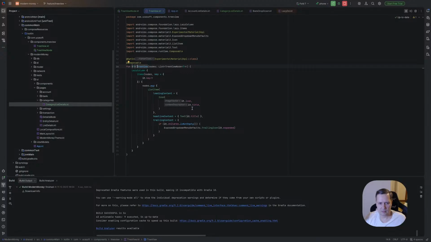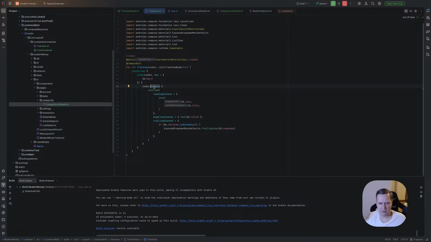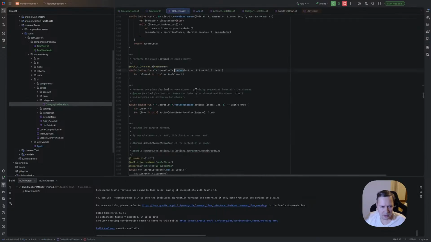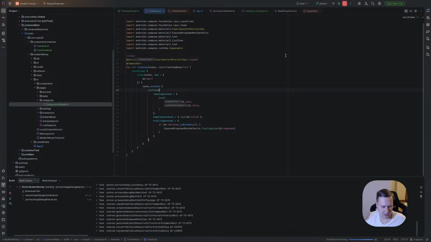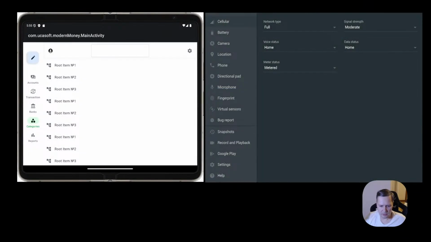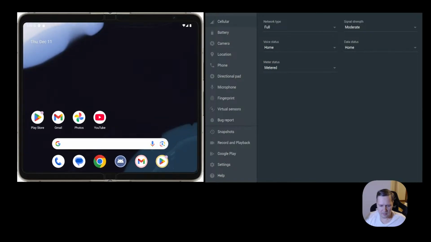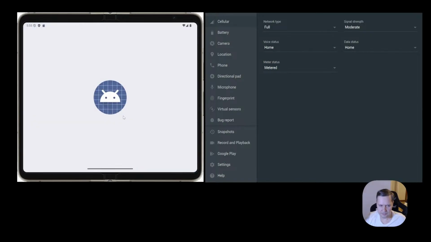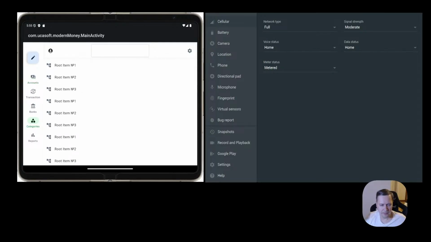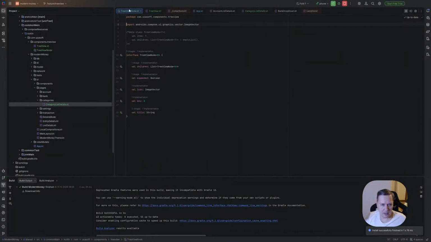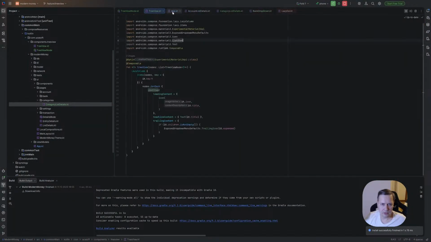So why is forEach better? Map can be replaced by forEach. Return a list of result elements, but why is forEach better than map? I'm not sure. Okay, let's use this approach, but I guess it will not help to fix this problem with 1 2 3, 1 2 3. Yeah, still 1 2 3, 1 2 3, 1 2 3. Okay, we'll understand it in future.